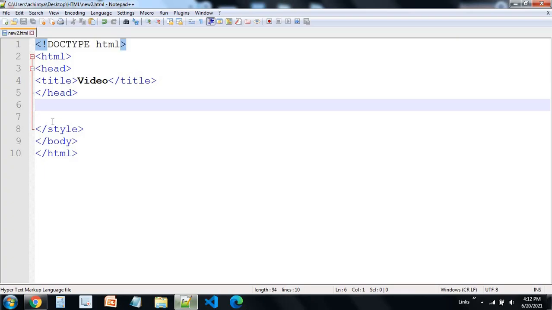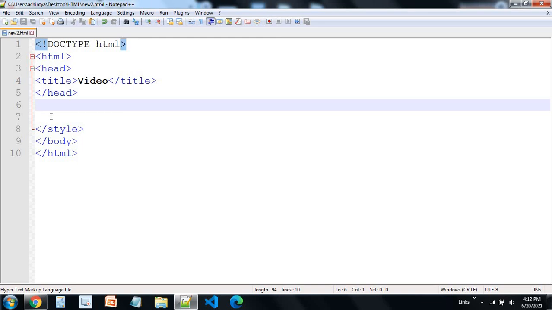So let's start with the topic. First of all, we need to understand what an ID and a class are. An ID is basically used to call a particular person. For example, my name is Achintya and your name is maybe Rohan.